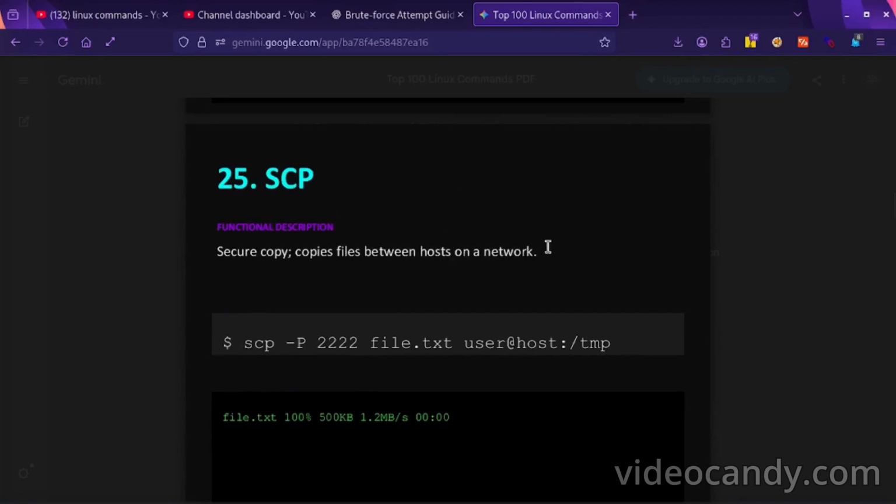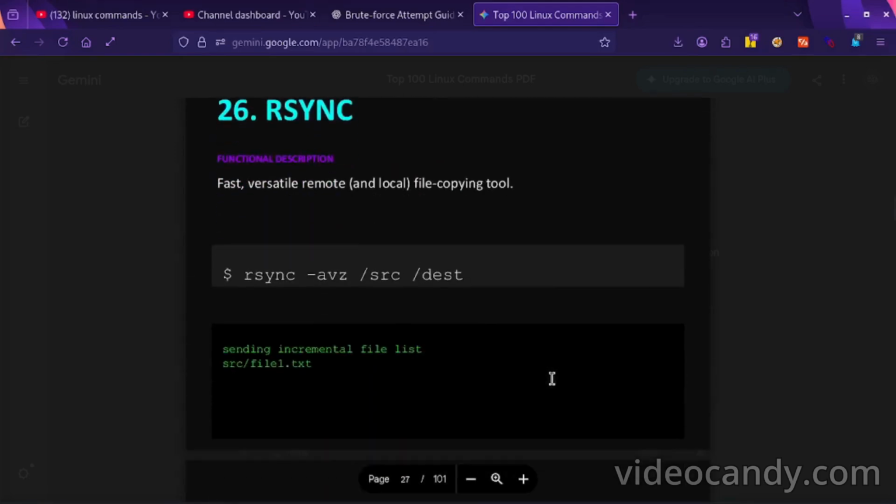scp, secure copy files between hosts on a network. Copy the files from any other host. This is the port, this is the file name, and this is user at the rate of the host, where you download from. Here the IP is written, and you want to save in the tmp folder.